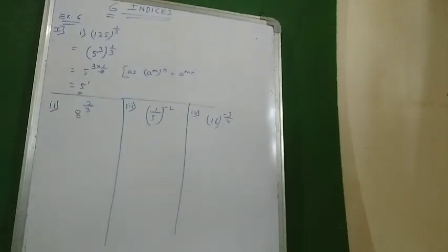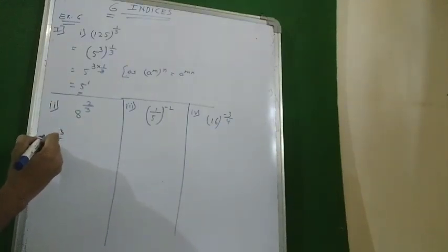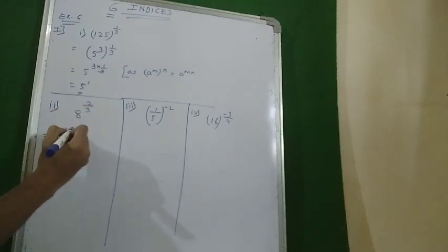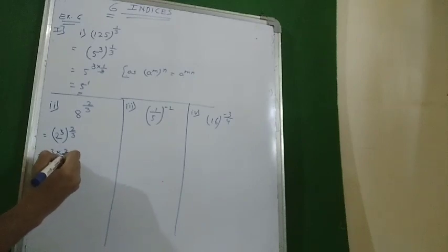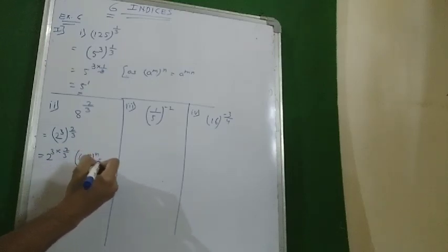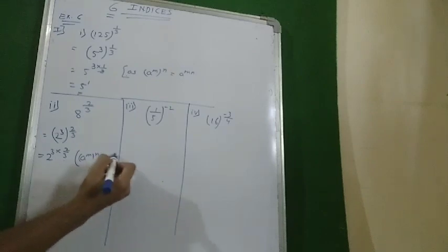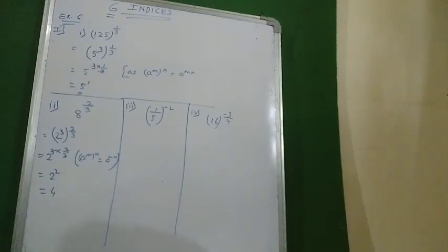Now we'll see the second part of the first question. See these questions properly so that you can understand it better, when you are solving the toughest sum of this lesson. 8 can be written as 2 raised to 3, and whole raised to 2 upon 3. So this gets multiplied, 2 raised to 3 multiplied by 2 upon 3. What is the reason? a raised to m whole raised to n is equal to a raised to mn, the same reason as in the previous one. So 3 gets cancelled. We have 2 raised to 2, and 2 raised to 2 is 4.